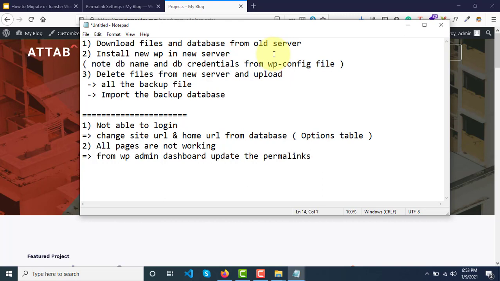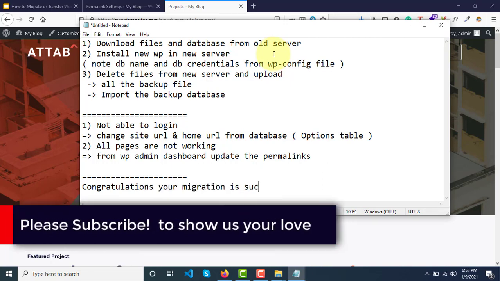After doing this, congratulations, your migration is successful.